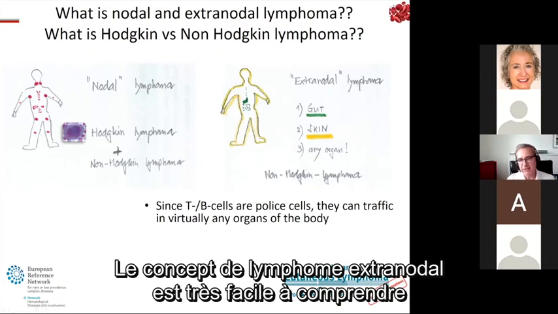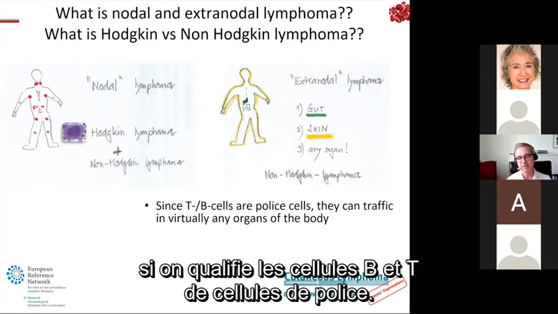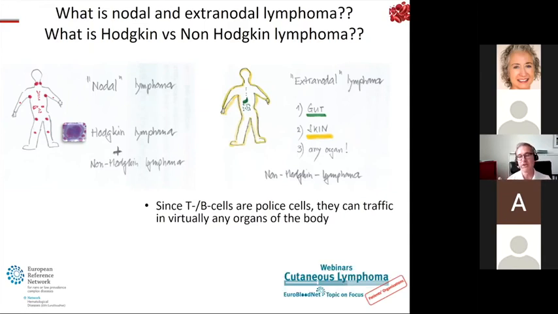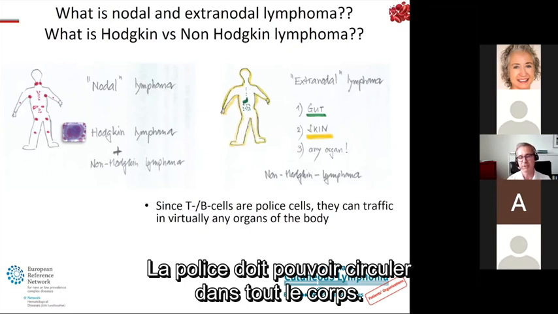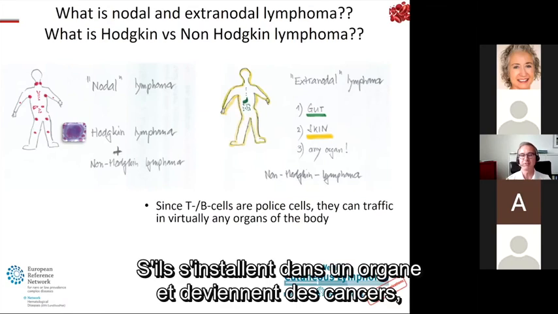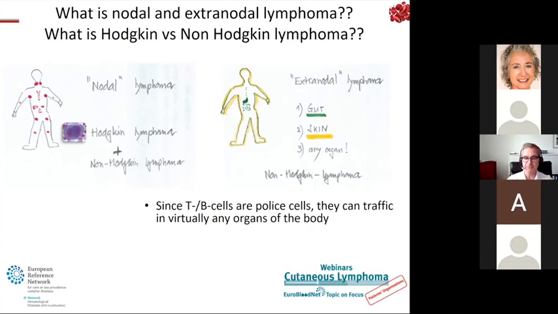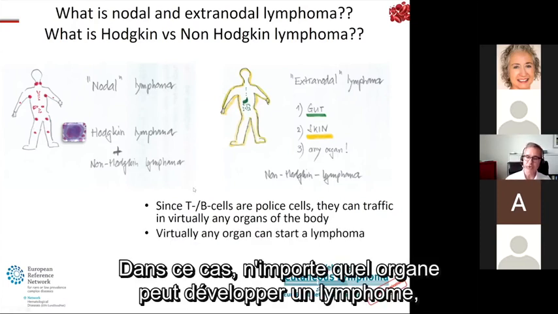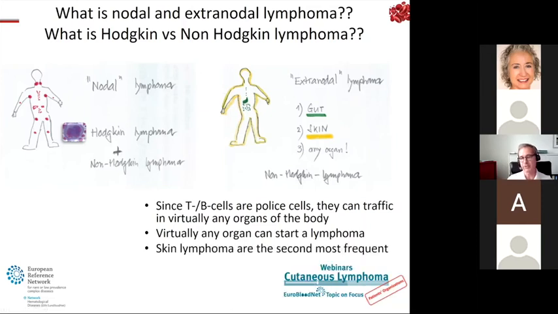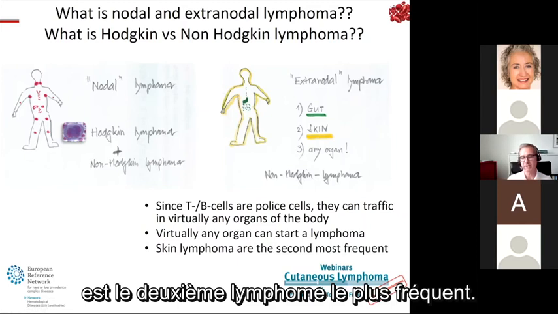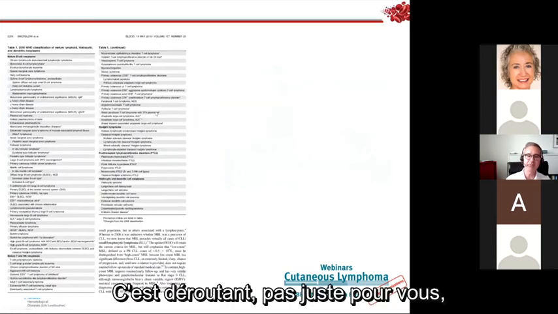And we can understand the concept of extranodal lymphoma very easily if we understand that B and T cells are so-called police cells. Obviously, the police has to be able to traffic through the entire body. If they settle down in a specific organ and turn into cancers, they may develop a lymphoma of this specific organ. And virtually any organ can be affected in that case. The skin lymphomas, I told you already, are the second most frequent site for lymphoma. And this is